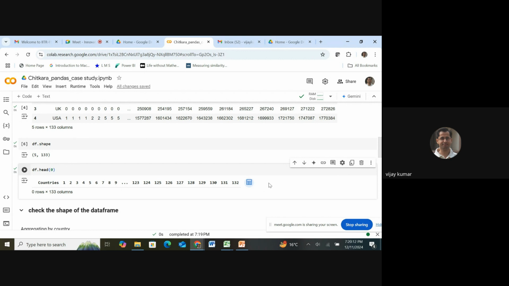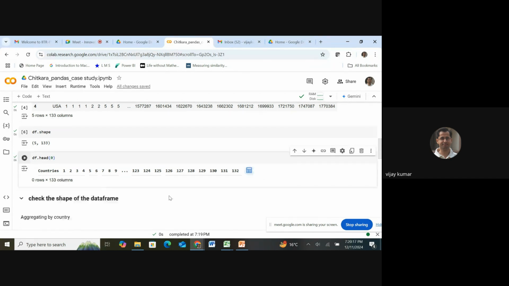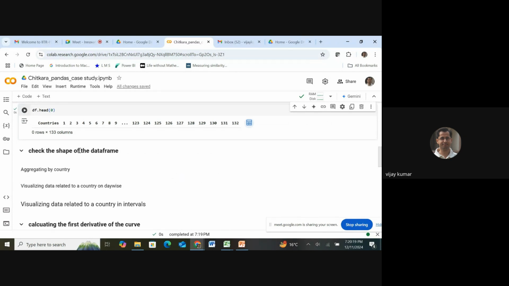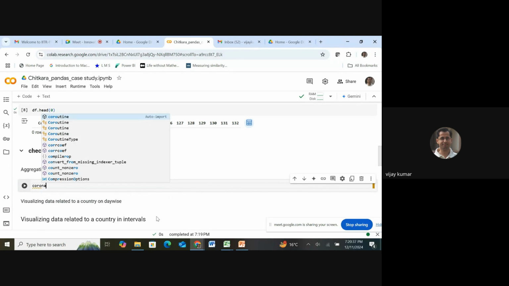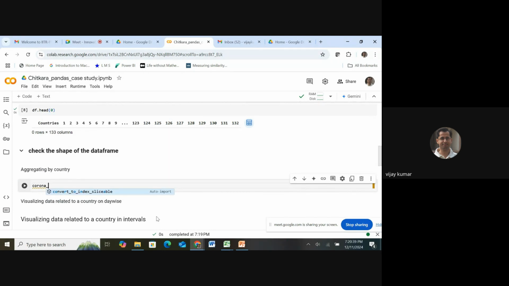Now I will group and sum all. I already checked the shape. So I will aggregate this by countries. I can give it the name corona data set, and that is equal to